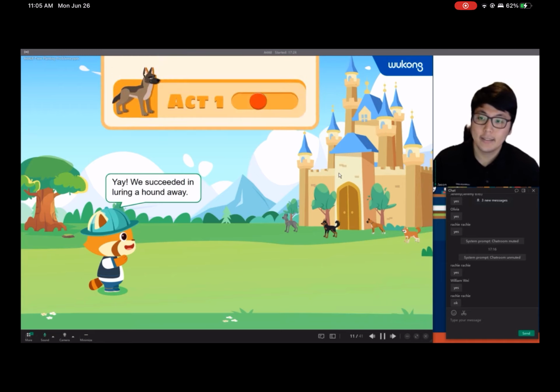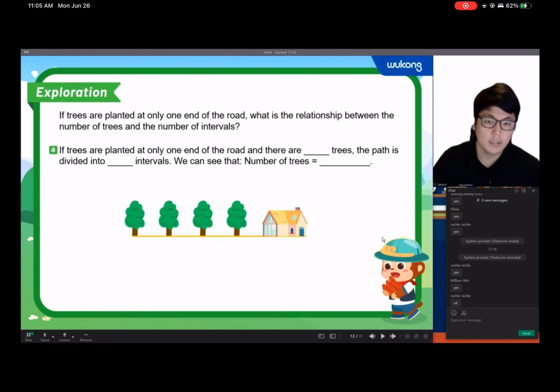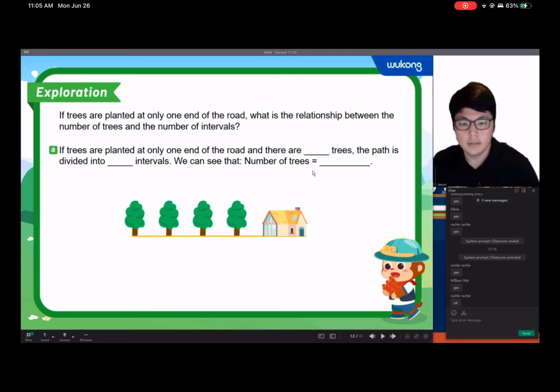All right, so yes, we succeeded luring a dog, one of the dogs away, and we still got a lot more dogs. It seems like we have 4 more dogs left. So, guys, now,